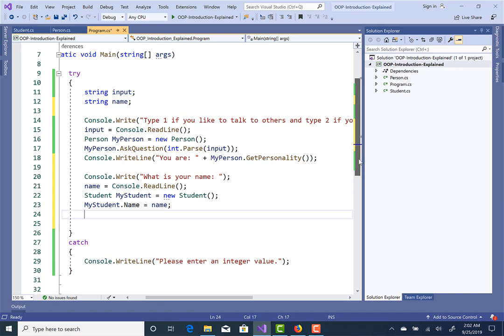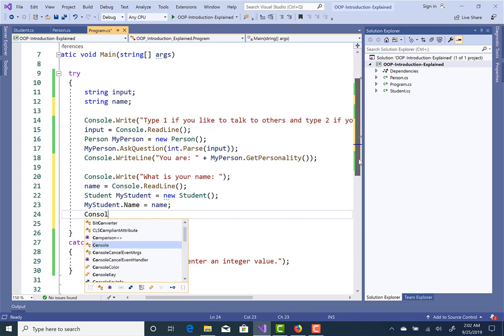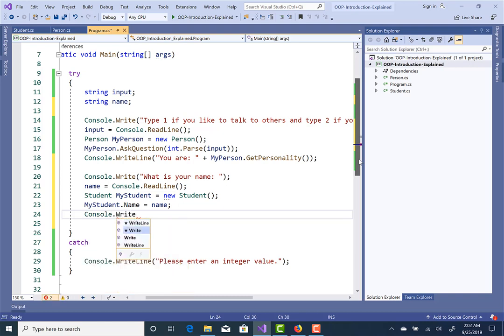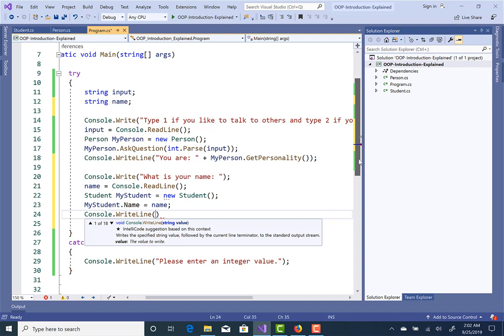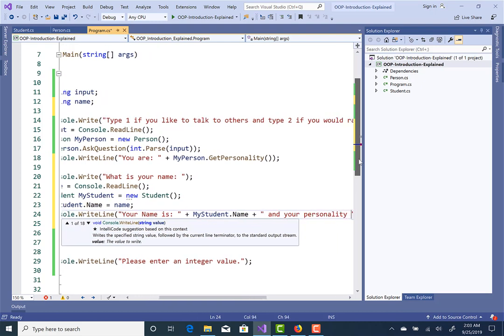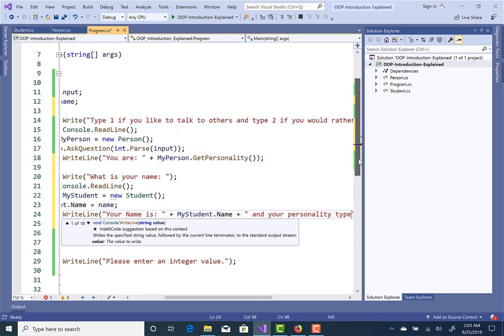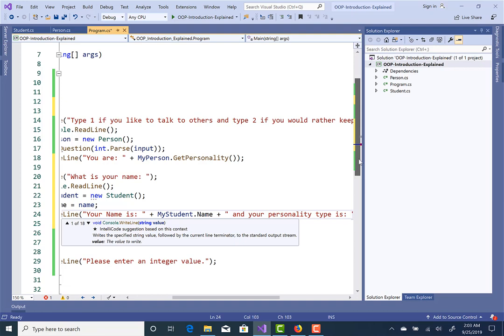And then what else can we do? Well, we can then read that out. So we're going to say Console.WriteLine, and I can say something like "your name is", and then what I can do is I can access that myStudent object, and I can access that name property, and I can do something cool and say "and your personality", because we already have that other object in memory, the person object. So your personality type is